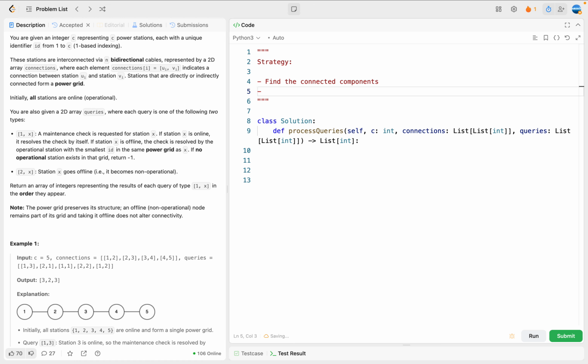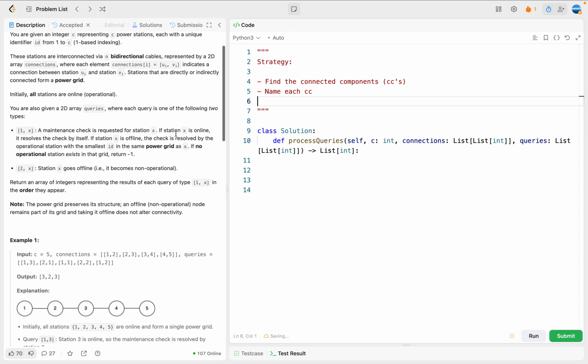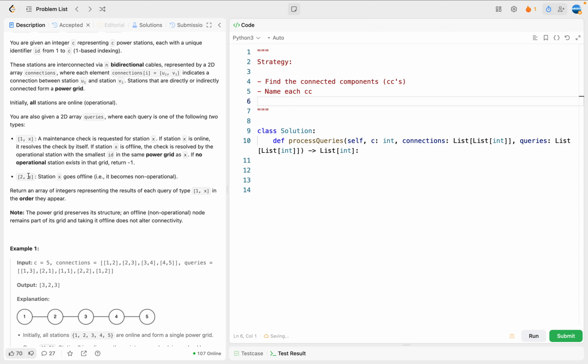So we need to name each connected component. I'm going to use CC. So this is the one. And once you have this,